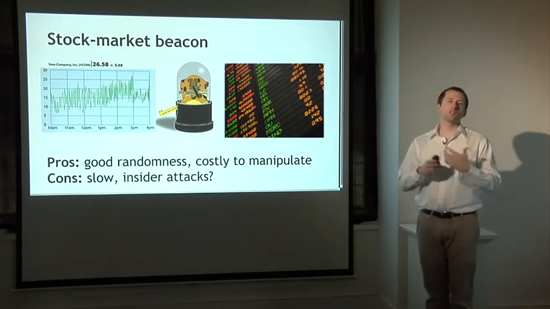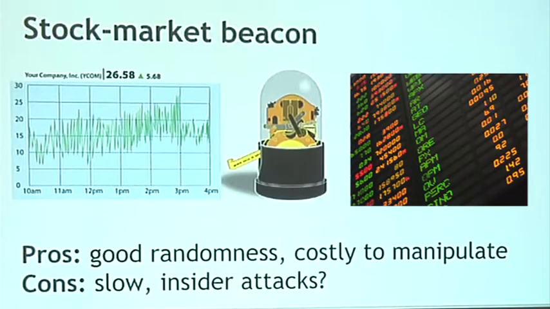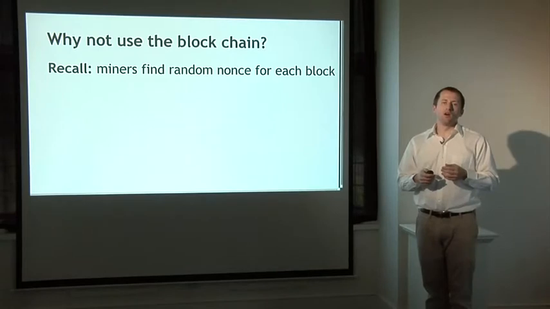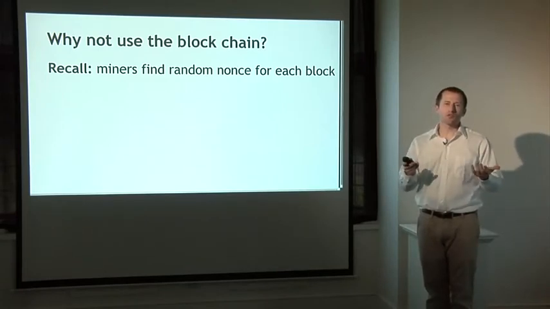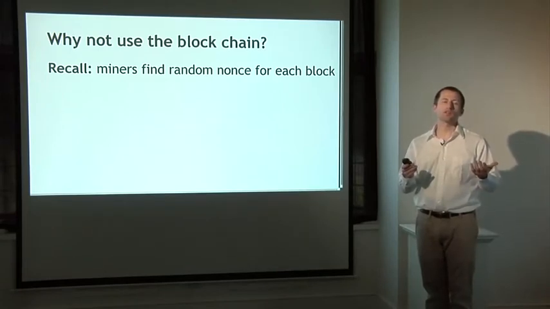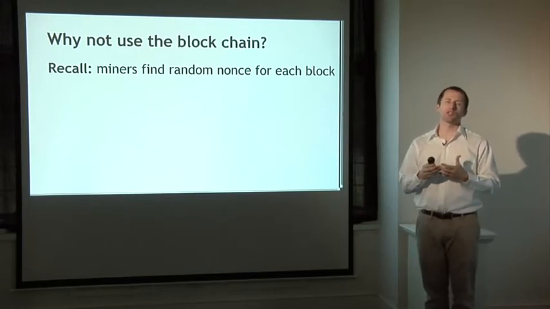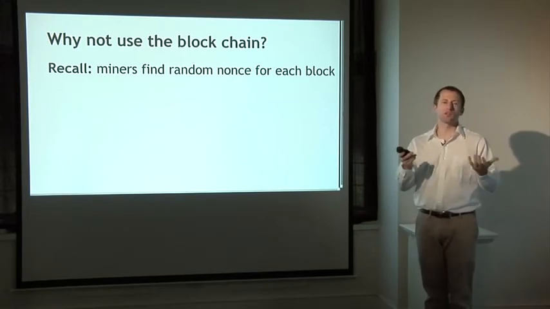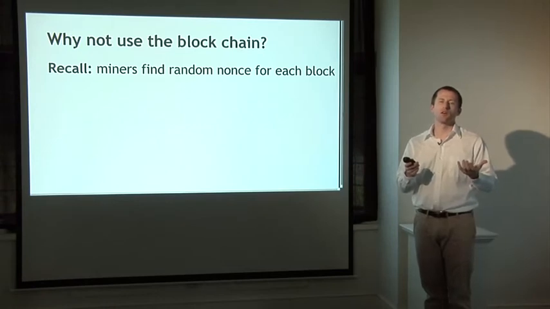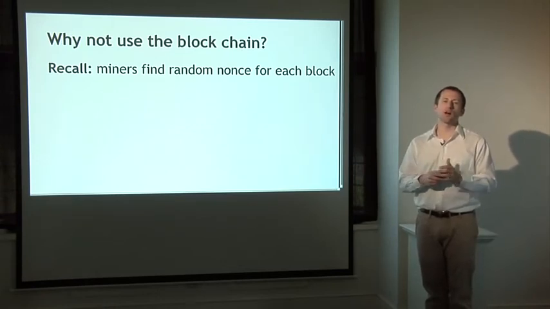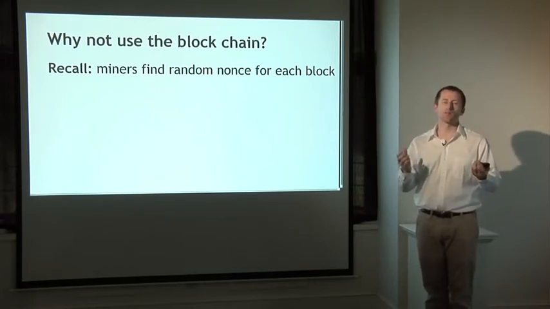So the theme here with almost all of these approaches is that no matter what you do, it seems like you reinsert this one trusted party who has some control of the process. Of course, a big theme of these lectures so far is that Bitcoin has been an amazing technology at removing central trust from protocols that we didn't think was possible to do before. So can Bitcoin pull the same trick off for a randomness beacon? Can we extract random data from the Bitcoin blockchain with the same decentralized properties that make Bitcoin so attractive?